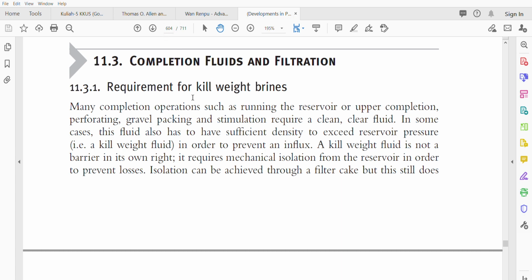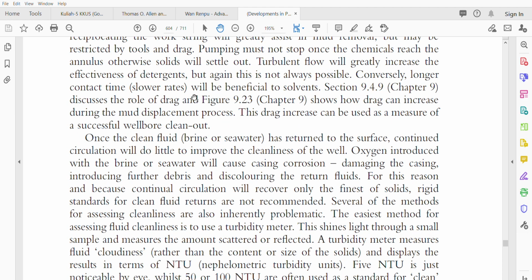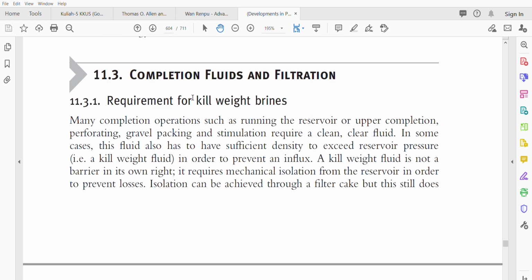So this is page 604. We will have a completion fluid also. So this is your reading assignment,